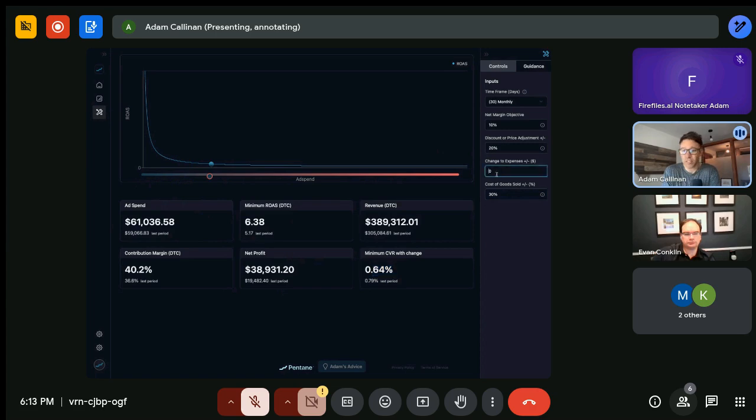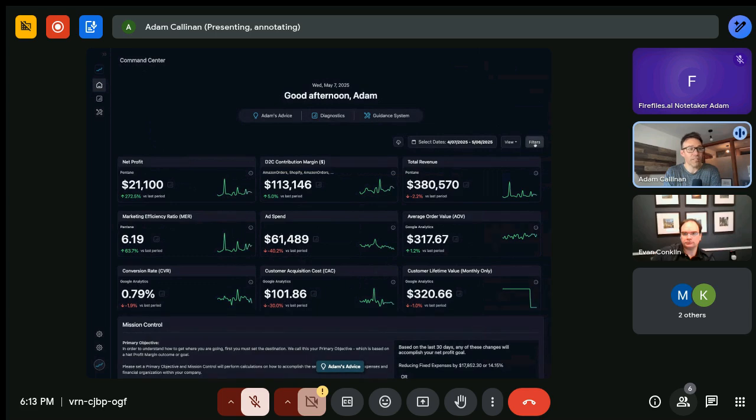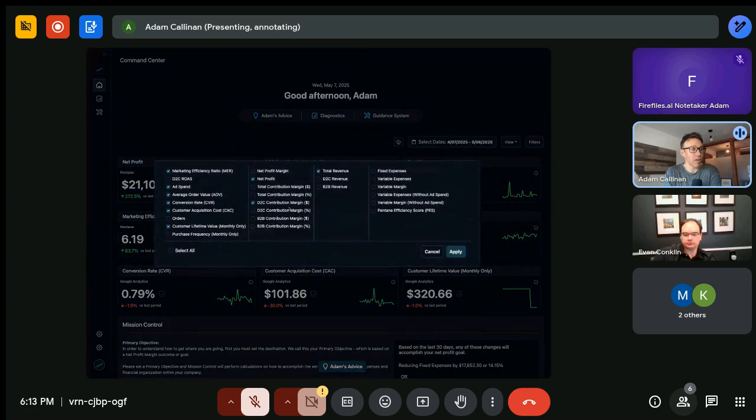We can change expenses if you're considering hiring a new person, if you're considering removing an office. You get to just play with all these things. If 10% is no longer realistic and you want to set that to 7%, great. That just becomes another lever that you can pull. So all of this is for planning and projecting, and then you build this dashboard, which is real time, a lot